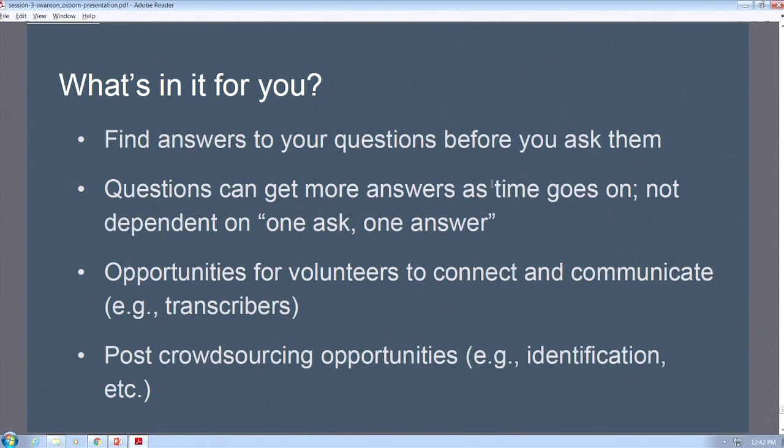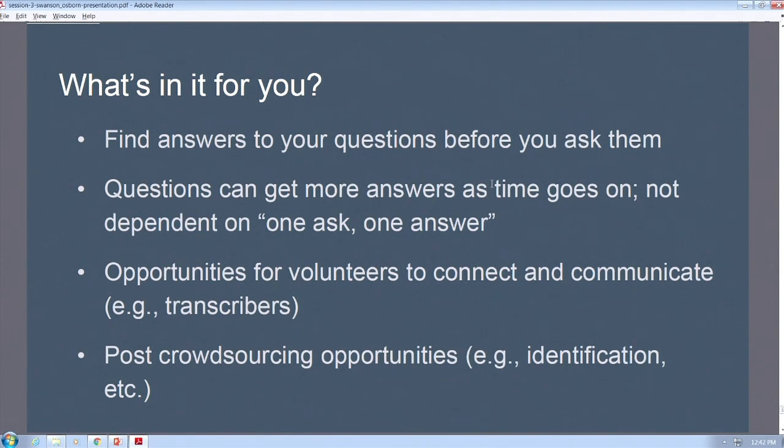We've got a couple of bloggers on the platform who are blogging how to ask better questions, and the more you see the responses that people get, you can get ideas about where your researcher can take you. One of the things I super love about this platform is that questions can get more answers